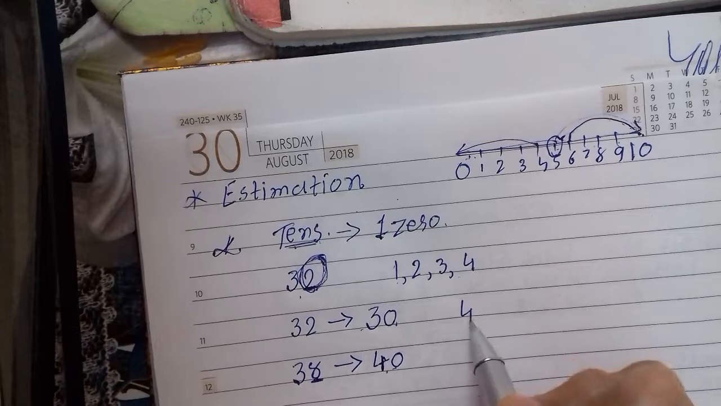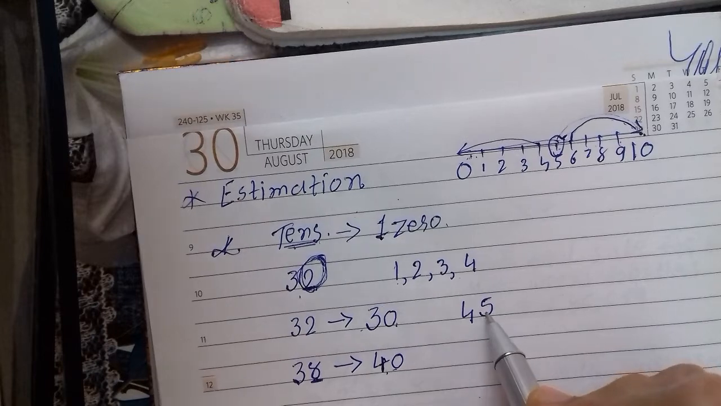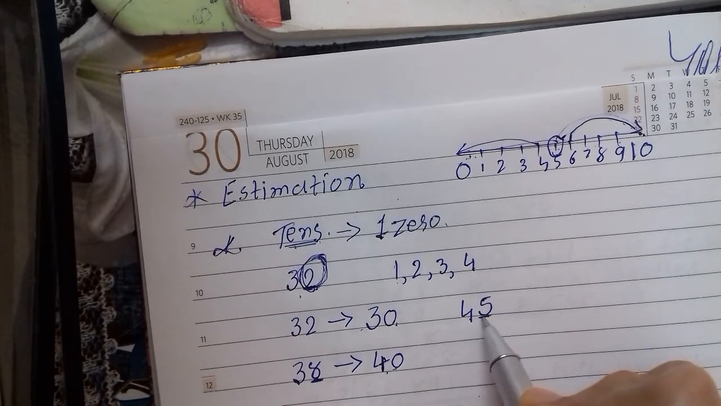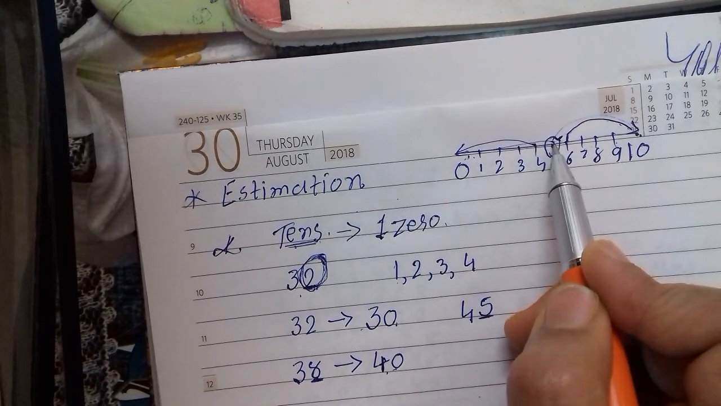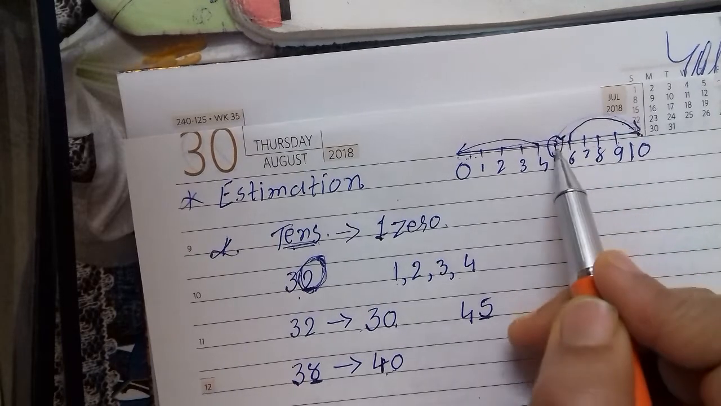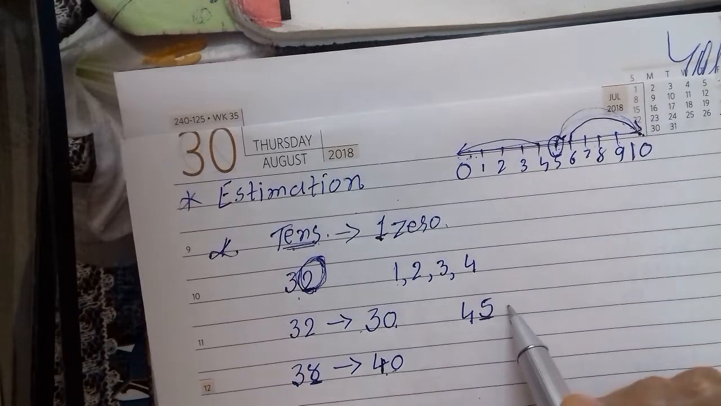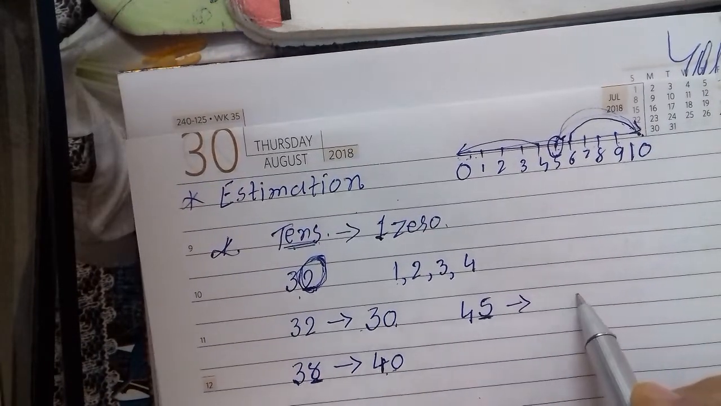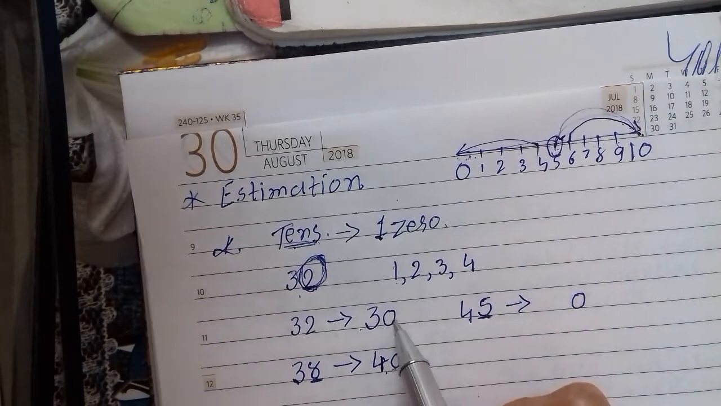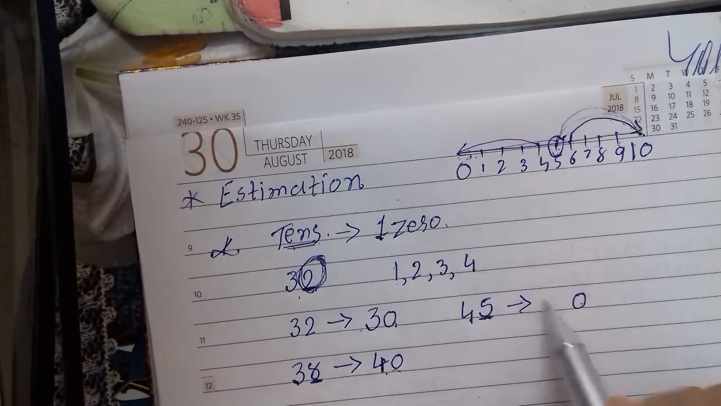Suppose here you have 45. Round this number to the nearest tens. Then see here, the digit at the ones place is 5. We have seen here that 5 is equidistant from both 0 and 10. But it is a common practice to round it off as 10. So we will write 0 instead of 5, as we have done here, and then add 1 in 4, that means